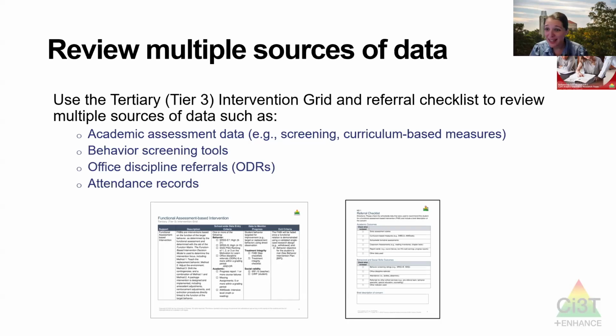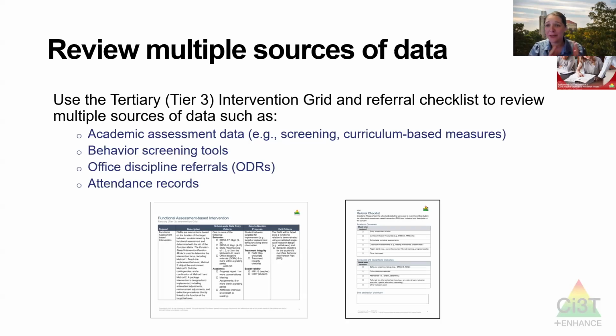We definitely want to check out attendance. If a student's not at school, it's going to be a little tricky to get an intervention in place that's likely to move the needle. We might first need to focus on how do I help you get to school? So it is really important that we look at attendance too. Might also be looking at suspensions, expulsion, things like that.